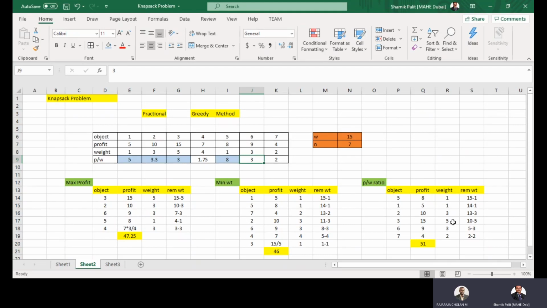We have considered the following options available over here. 3 with the profit 10 we have considered. Okay, 3 weight. While you are considering this particular value, we have considered it first, and next we can consider the following. Okay, so now if you go further, what is the next weight to be considered?